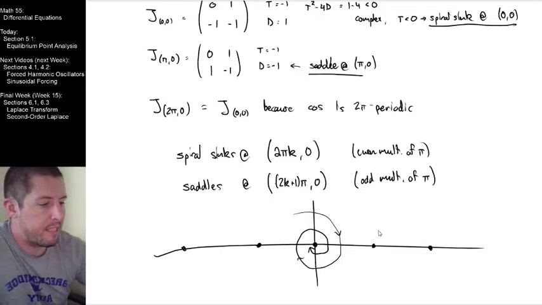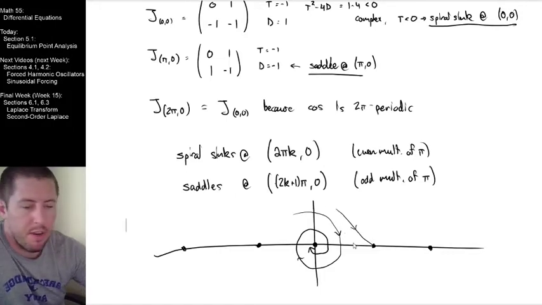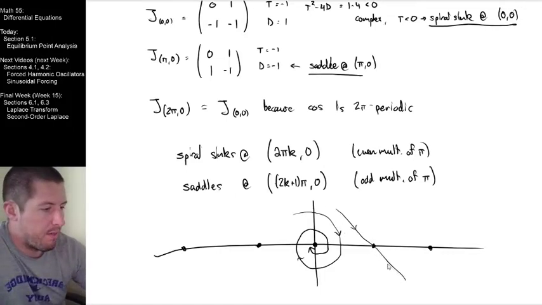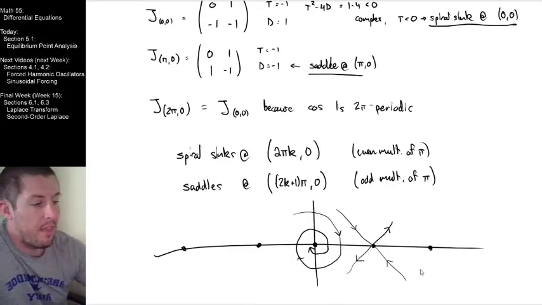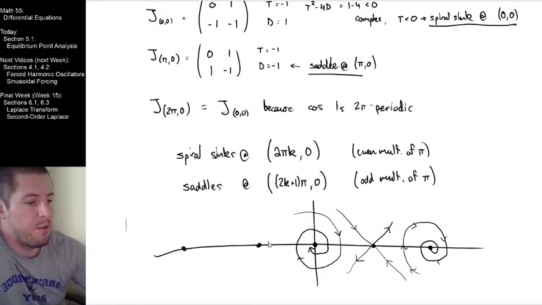But then I need to have like a saddle right here. I feel like if I'm going to have a saddle here, it seems like there must be some going in to kind of agree with this one here. And therefore that would be our inward facing one. But then this would have to be our outward facing one, I guess, right here. And that seems to agree with the fact that I'm expecting to see another spiral sink that's happening over here at 2 pi, right? So I guess this still seems very, very confusing to me as to how this is